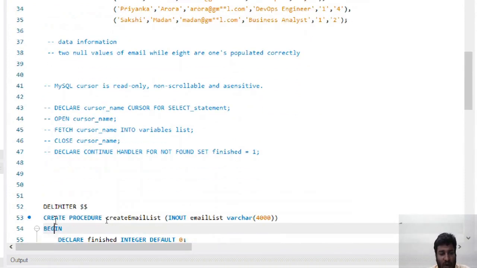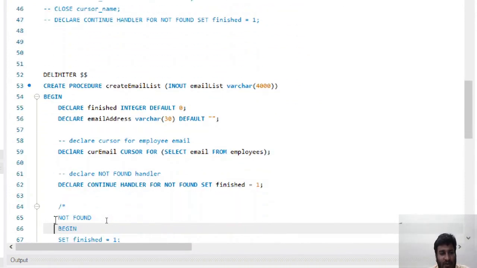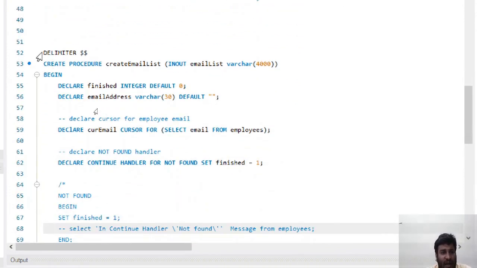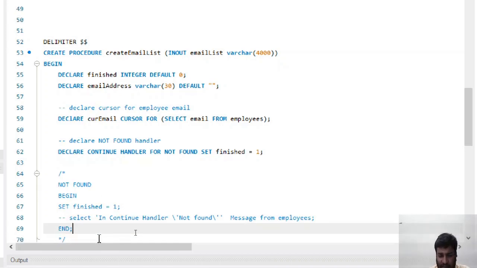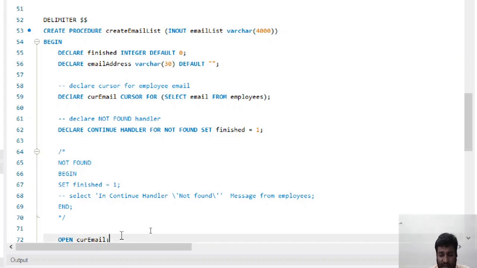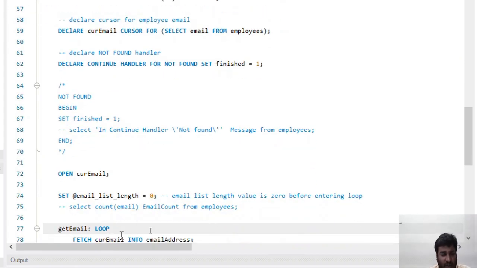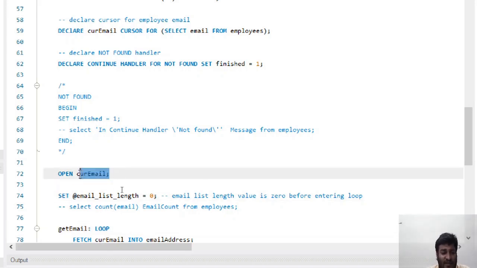Now let us go back to our stored procedure. In the stored procedure, from line number 52 till 72, till 77 actually we do not have anything. We have just set up the value, then we have created a cursor, we have opened the cursor.